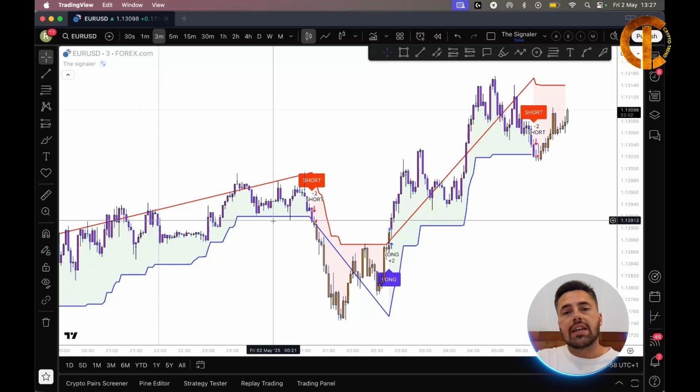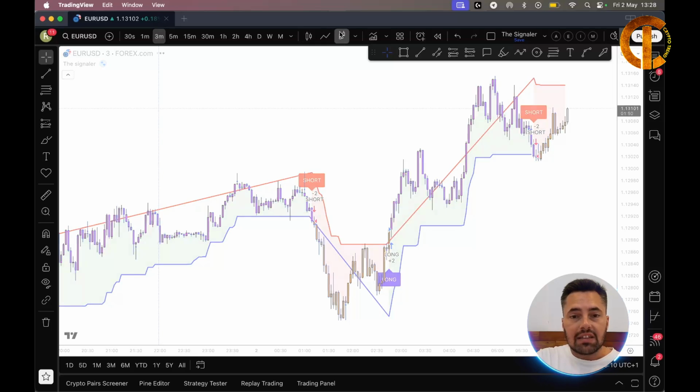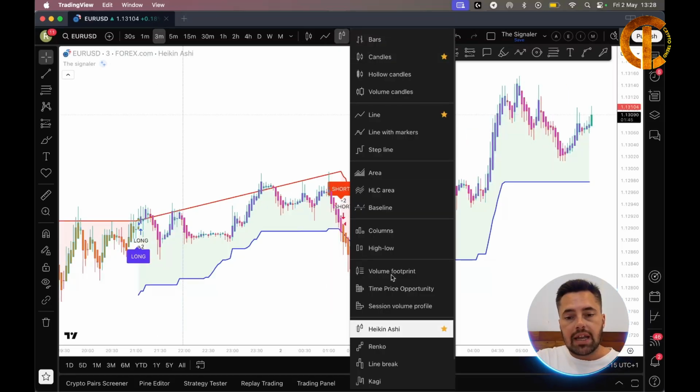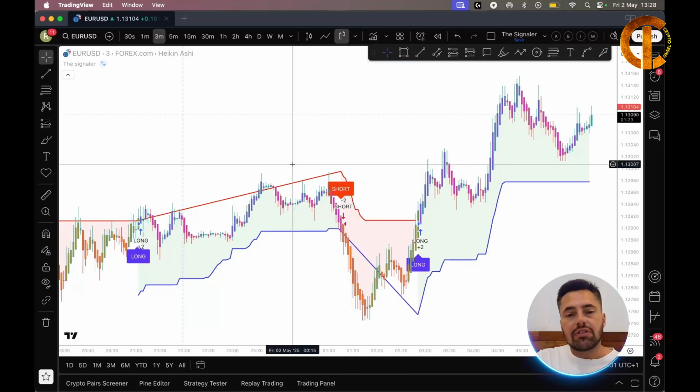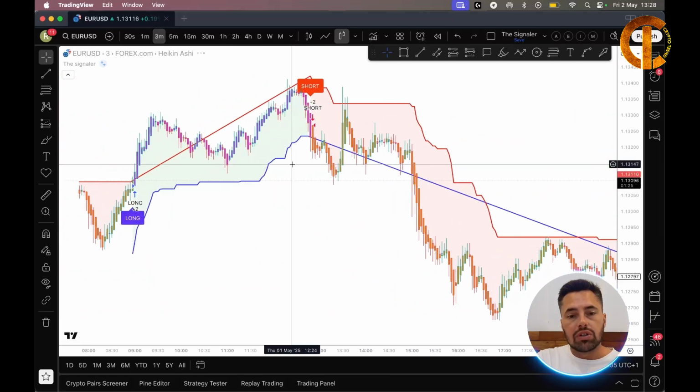We're not quite there yet. We need to put the Heikin Ashi candles on because this indicator pairs really well when you have that momentum. So to do that, you're going to click these candles here. If you do not have them favorited, it'll be in this drop down here and you can see it just over there. As I said in the intro, I'm going to show you the trade that I took yesterday on